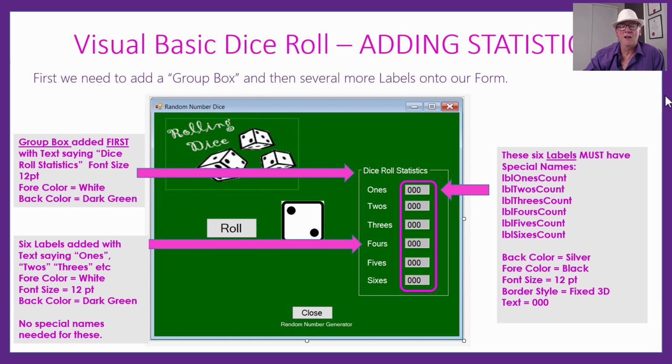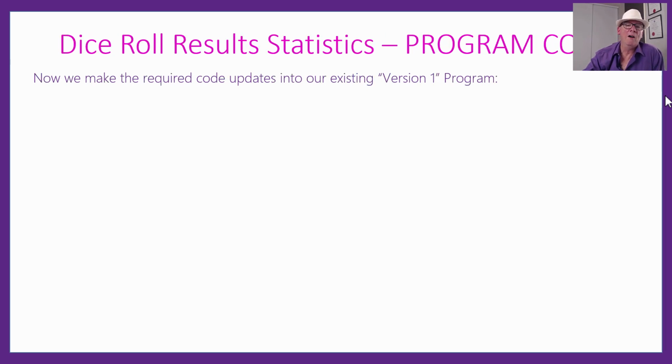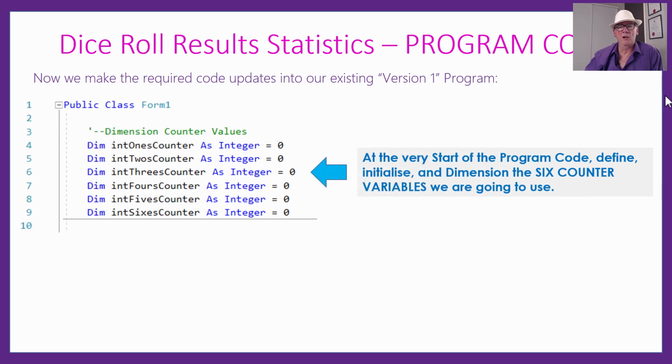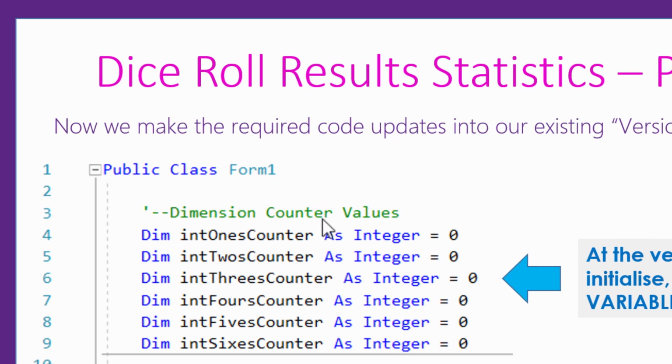That would be the design for the form for version 2 of the program that we're working on now. And now let's just look at the program code. So in the program code you had for version 1, just go right up the top, where it's public class form 1, and we just need to add in some dim statements here to set up our